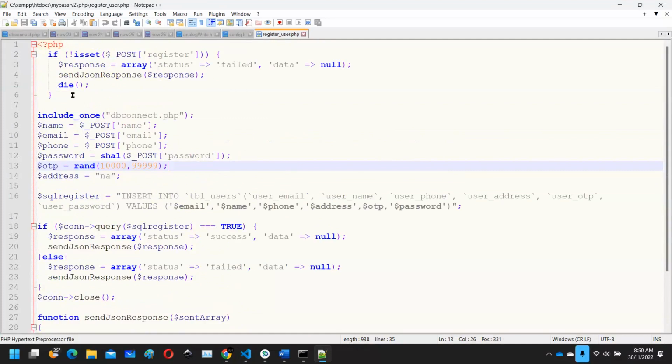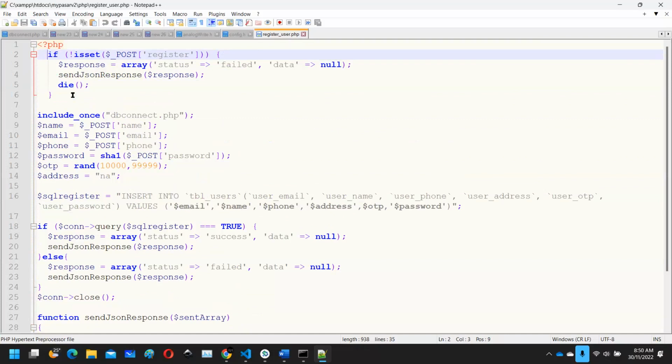So the upper section here is very, very simple. Call it not page protection, script protection. So we just check for the post. You can check for authentication. I'm not quite sure if you can use session here. I haven't explored yet on that session to be used together with Dart, with Flutter, because if you use session, you can better protect your PHP script,